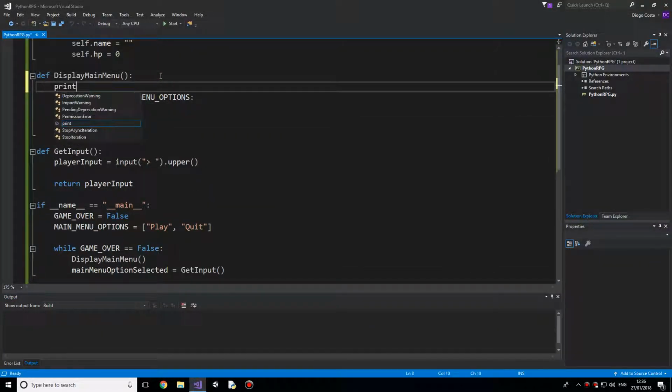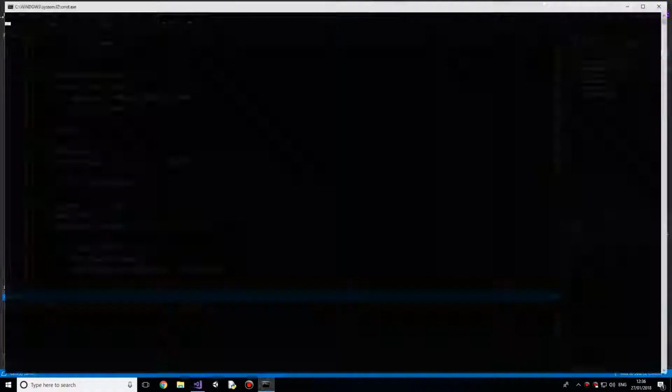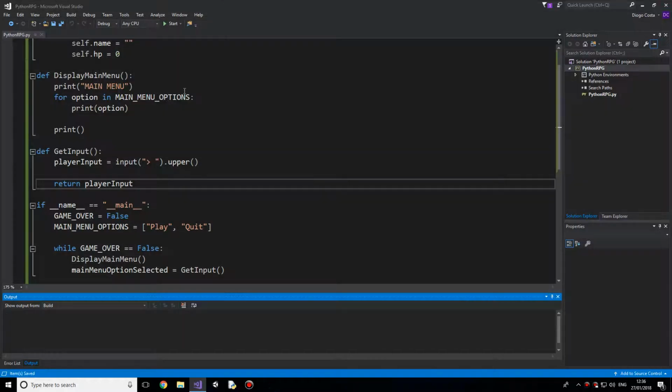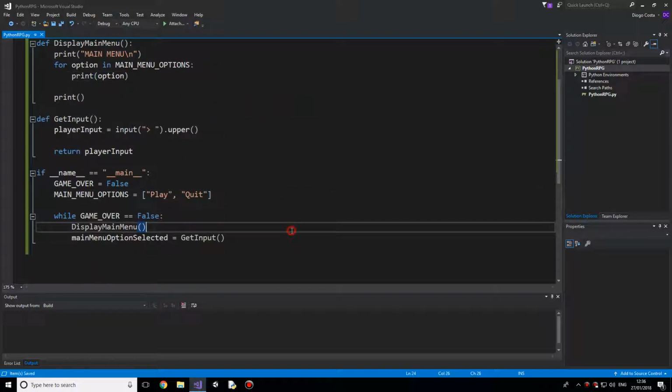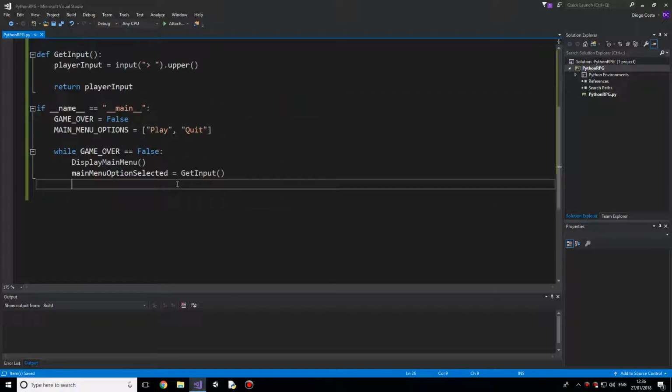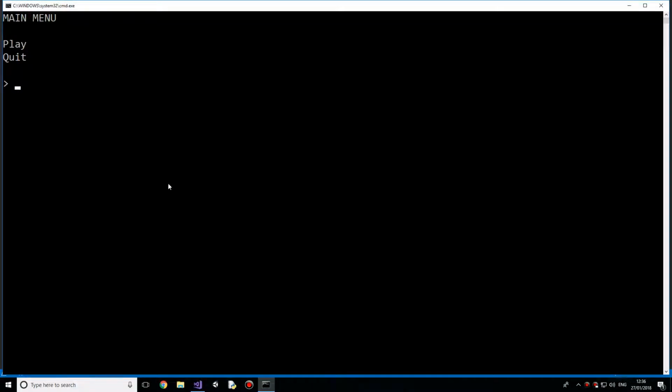Print, and this print over here, main menu. Of course, this will change. It's just to get something quickly done over here. But yeah, this will change to make it a bit more interesting. Let's say. That should not. Okay. Of course, if we say play, that currently does nothing. It just goes through the while loop again. So what we want to do